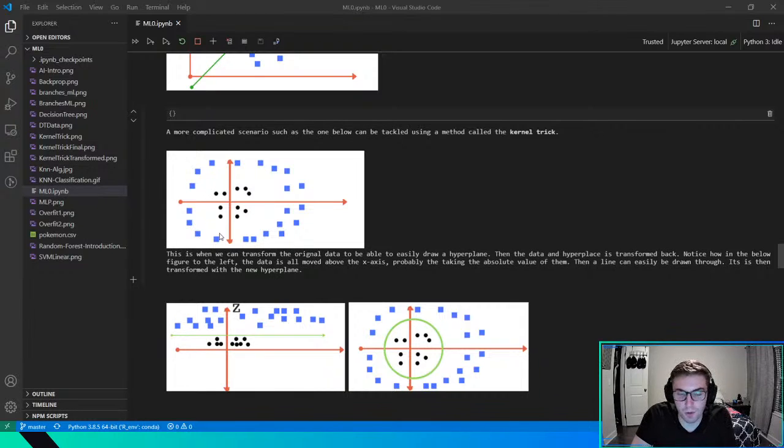And probably the most common SVM kernel trick is called the RBF, the radial basis function, which you can think of as a Gaussian, like a normal distribution. You can think of a 2D Gaussian going through the center here, where the center is like the mean, and it goes down.